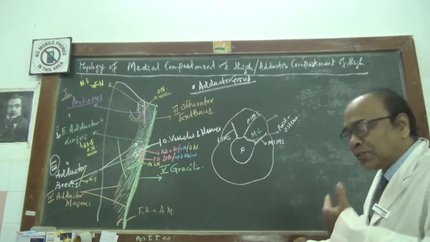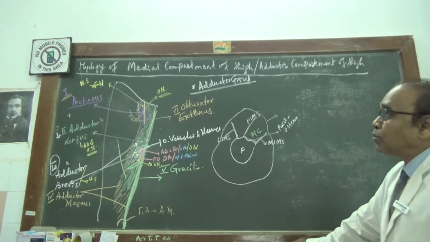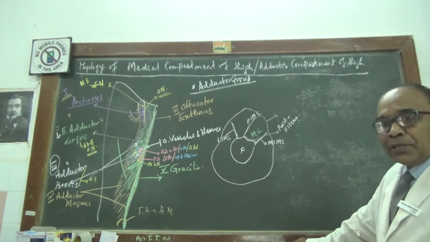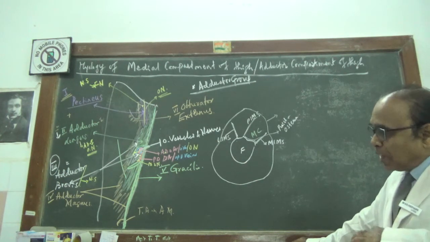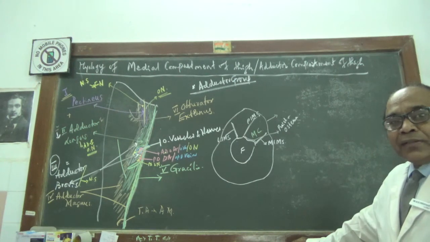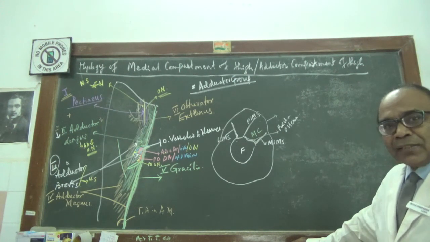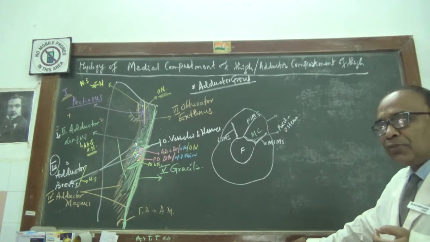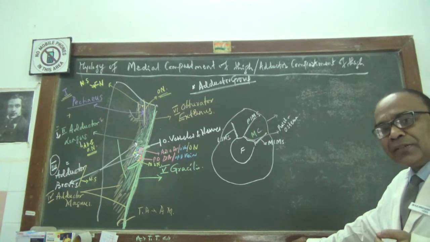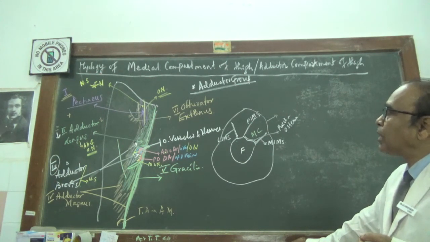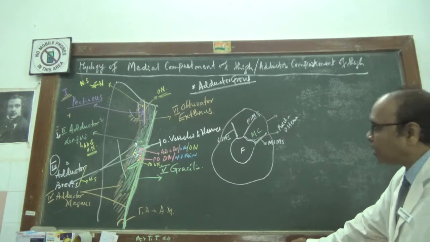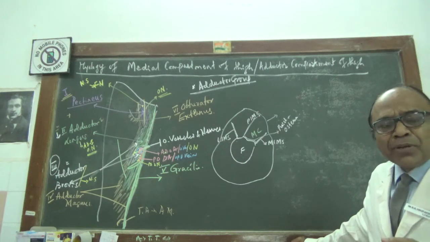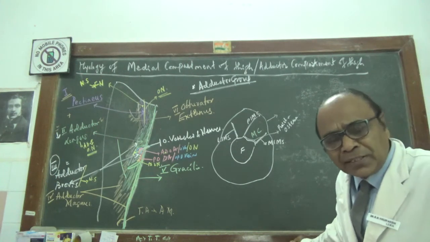In continuation with that, this is episode 2, myology of the adductor compartment of the thigh, in connection with the adductor magnus. The adductor magnus is the muscle present in the medial compartment of the thigh, or the adductor compartment of the thigh, and it belongs to the adductor variety.